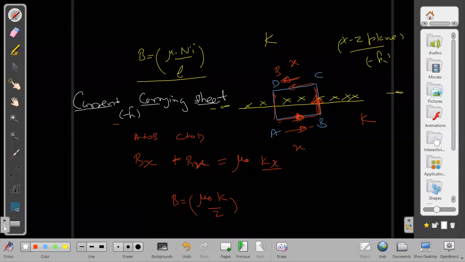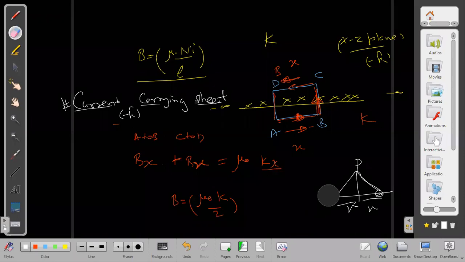Sir, once again explain the direction of field, sir. Direction of field we can find out by taking two wires separately. One wire here, one wire here. Find out for this and find out for that, and then you can get the direction from there. Taking two wires equidistant from here, equidistant wire from here and equidistant from here. Find out the field at this point. Can you do that? We have done this question. Yes, sir, I think, while taking superposition.